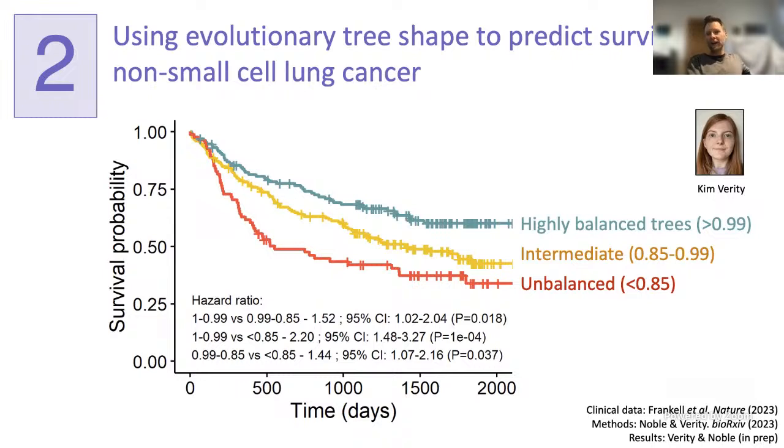Something else we're looking at, of course, is different cohorts, different cancer types. And the pattern seems to be more complicated. So this works well in the TracerX cohort, but in other cohorts, we're trying to understand different patterns. And that's not unexpected because we expect different evolutionary dynamics in different cancer types.